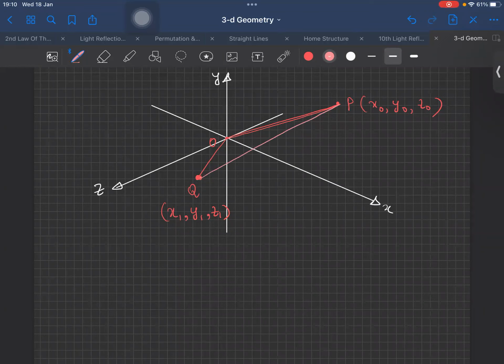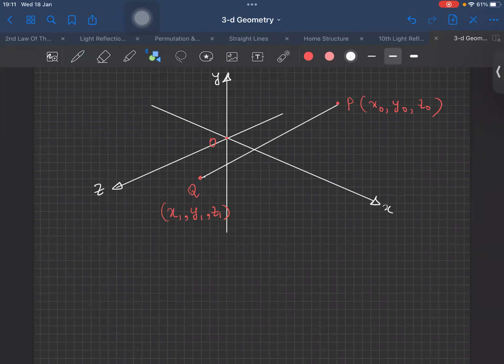Why do we connect these two? What will we get by connecting these two? Anyone, please tell me why? Any other idea to find the distance between P and Q? See, one method is connecting with the origin, another method, but for that we have to have some idea of vectors. So first let's join these two points, P and Q.